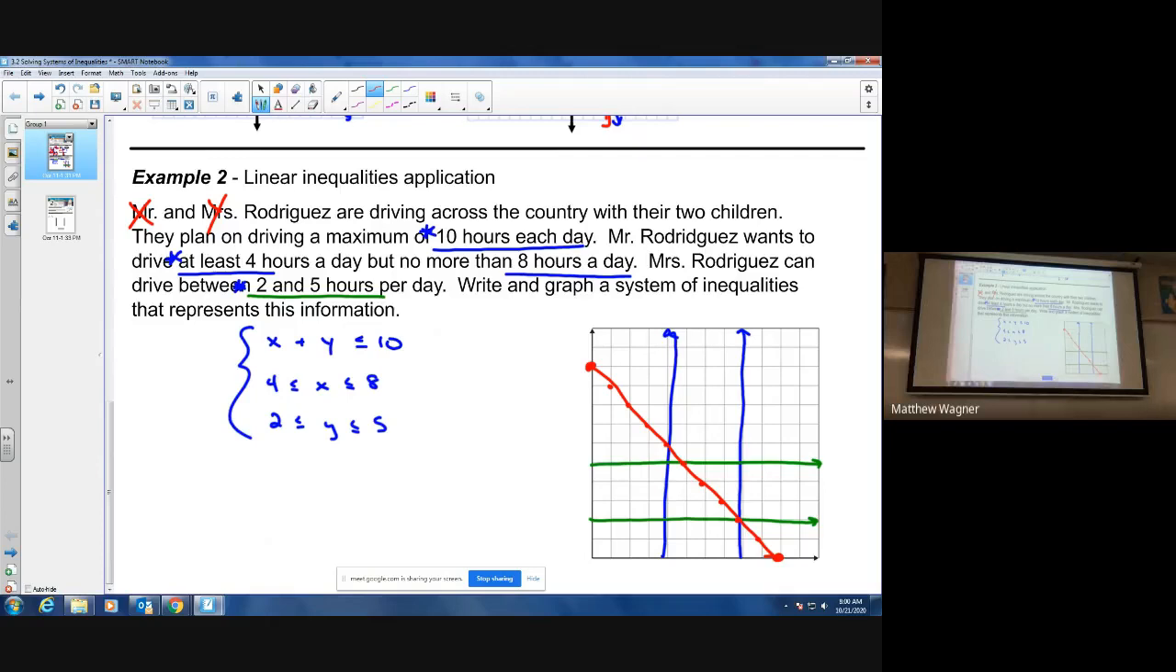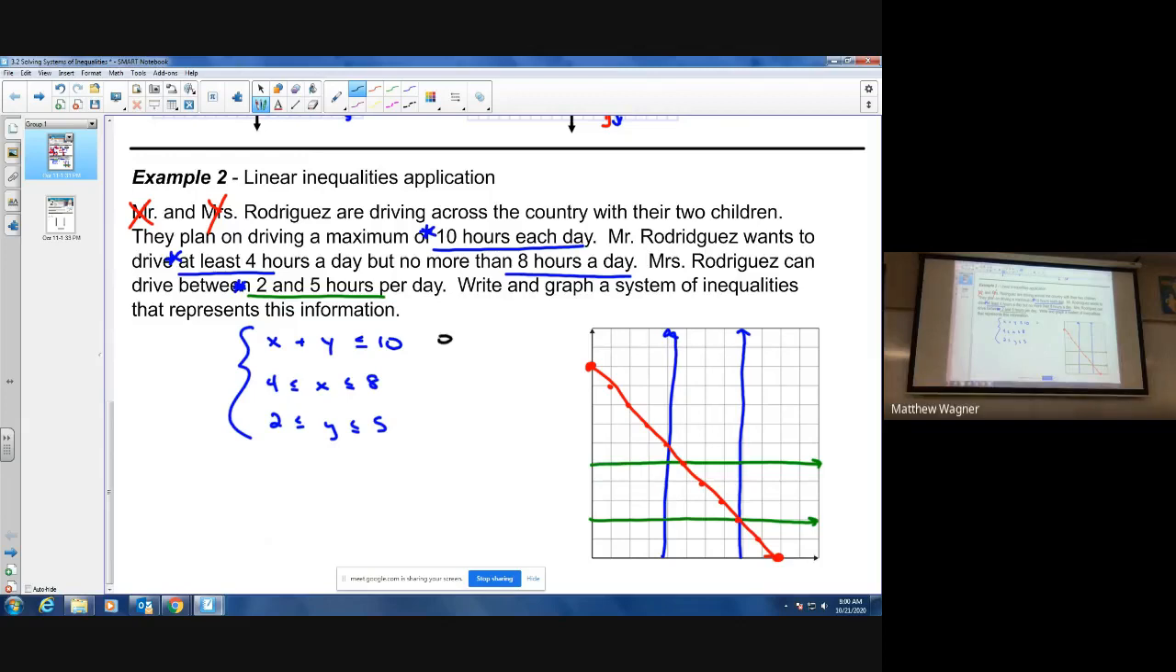All right. So we have our system of inequalities graphed. We have 2 horizontals, 2 verticals. Now we're looking for the solution to the system of inequalities. So if you notice, we're between the blues. We're between the greens, and then we just need to figure out which way to shade on